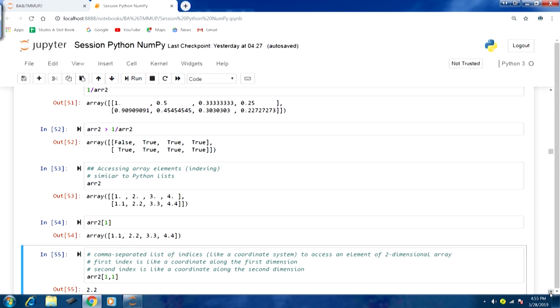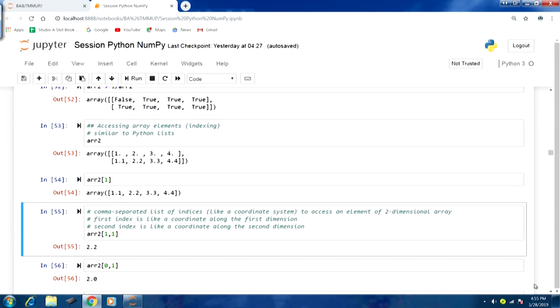So, this is how. The first dimension element happens to be this array element, with one array element there. That has been returned here, and you can see the 1 is because all these are 0 indexed. So 0 is the first list element, and 1 is the second list element. You can see that in output number 54 we have got the second element there. So, that is how we can get this.